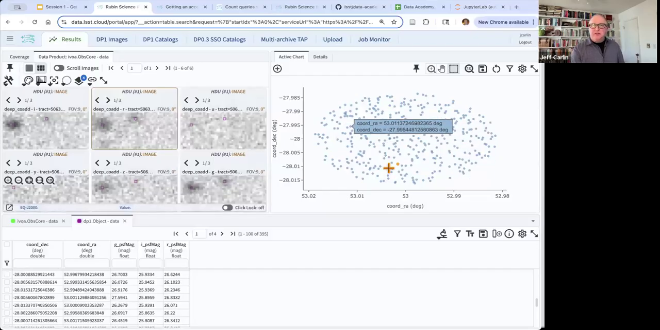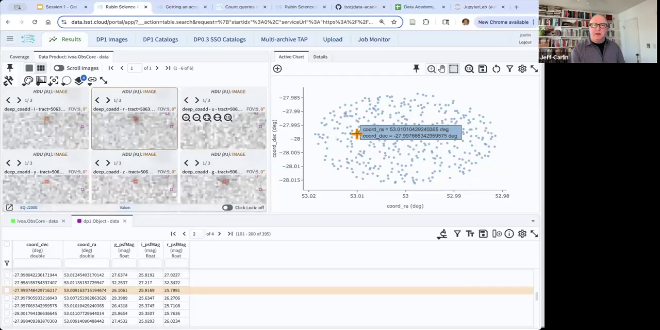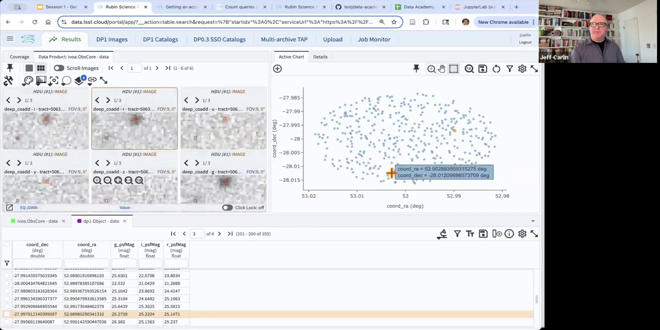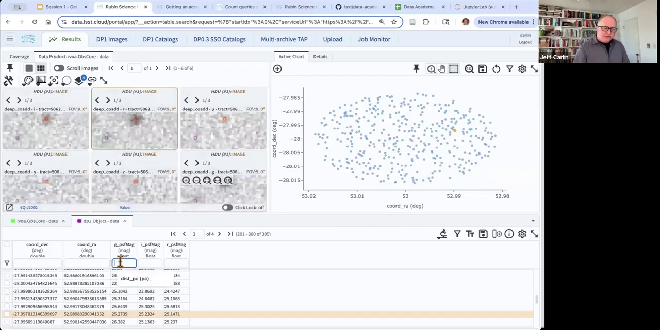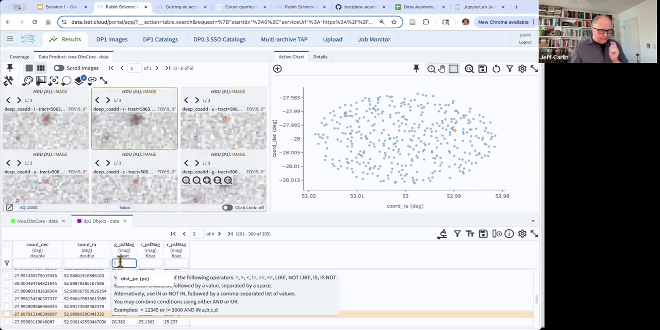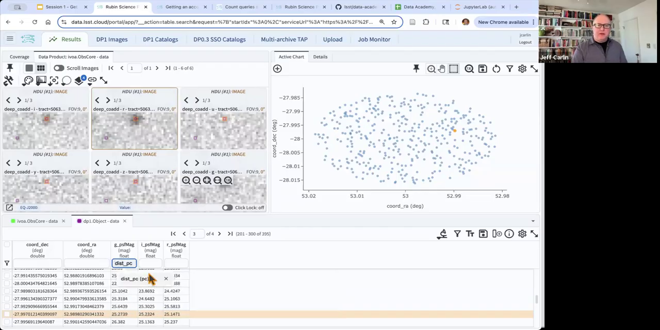And so now you can see this is that plot of the RA DEC coordinates. Again, if I click on a point there, it will highlight it both in the image and in the table. So there you go. And I also wanted to show you that you can